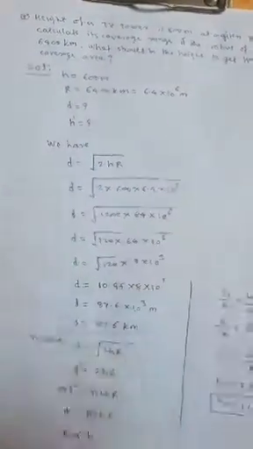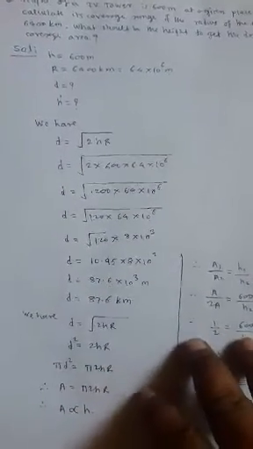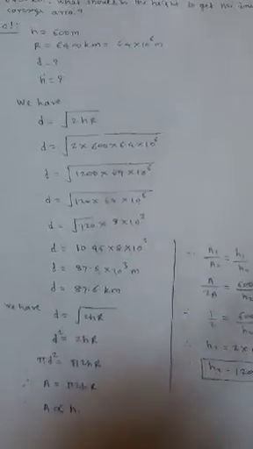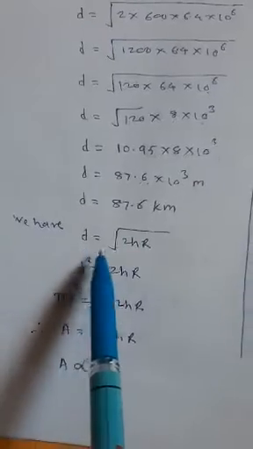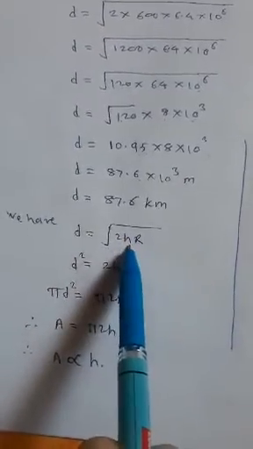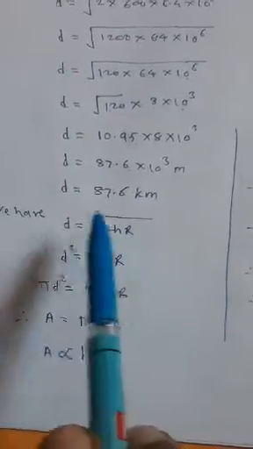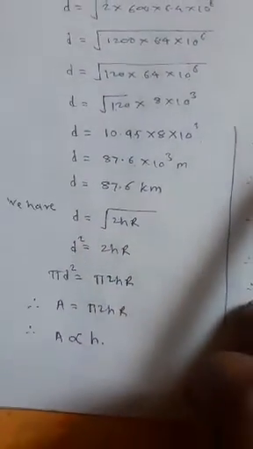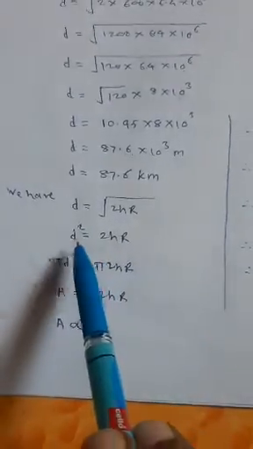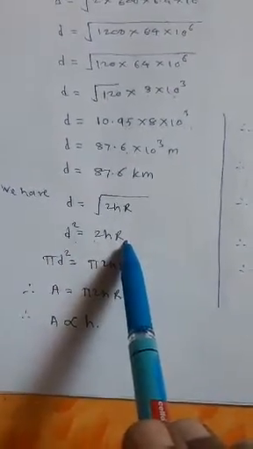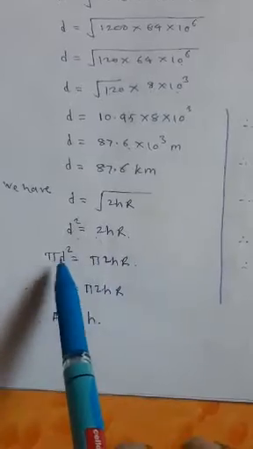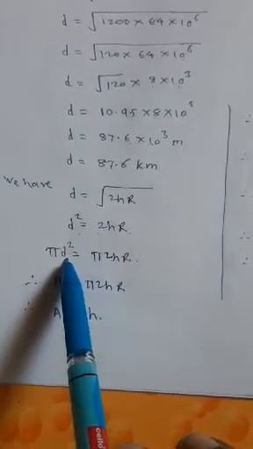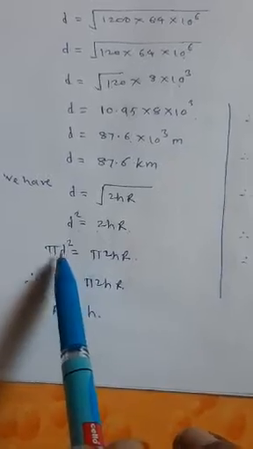Similarly, again we have to determine the value of height of the tower in order to cover the double area. Now see how to solve. We have D is equal to under root of 2HR, where H is the height of the tower, means height of the antenna, R is the radius of the earth and D is the range. Squaring on both sides, we get D square is equal to 2HR. Multiplying on both sides by pi, D square is equal to pi 2HR, where here D means radius, means distance, maximum distance, and for this region it is the radius.